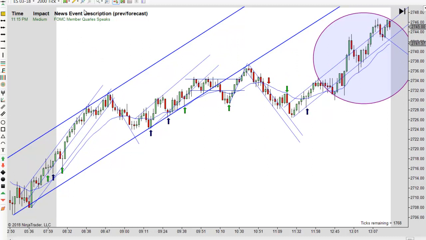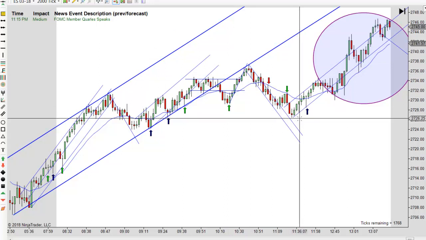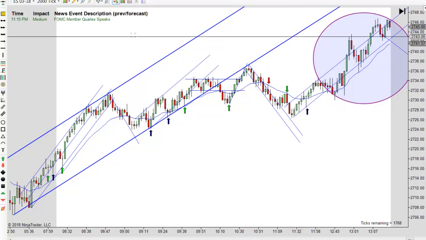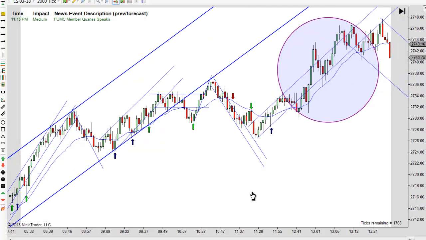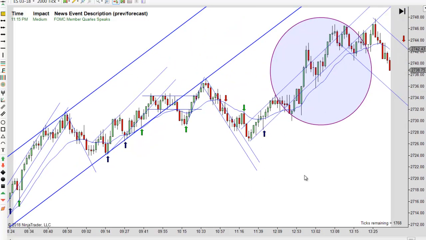And this correction starts right about here, so about 10:30, and I would say it ends right about here, 11:30. So there's your about 1 hour. That's generally what you get, a minimum of about an hour correction. And if the trend's going to continue back, it will. And that's what happened. The trend continued on here.